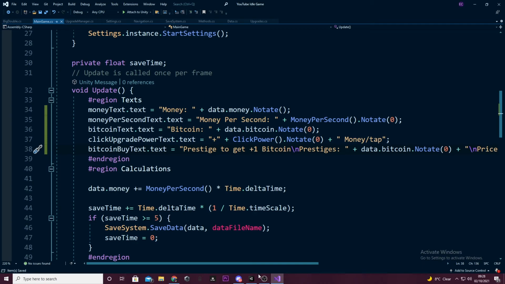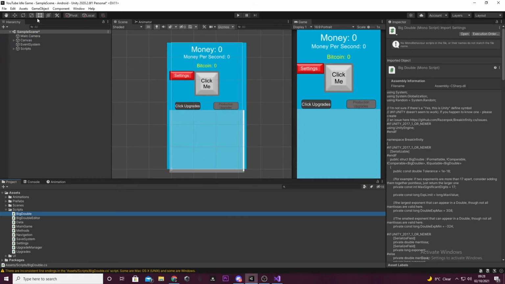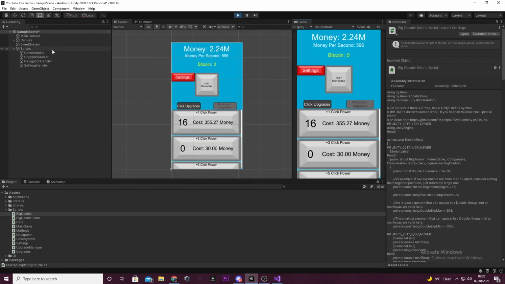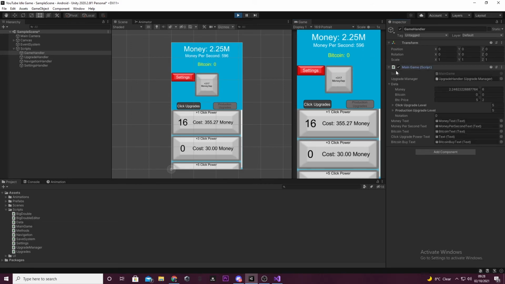So let's save that, go into Unity, and this should now work. And it'll be really awesome if it does, because then I don't have to go around spending ages trying to debug it. So let's press play, and yeah, 2.24 mil. So as you can see, if we click game handler here, and open this up in data, we see we got money. So let's make that 3, you can see it's normal, 4, 5, 6, and then it's millions. Then if we make that 10, it's billion, 11, it's billion, 12 trillion,